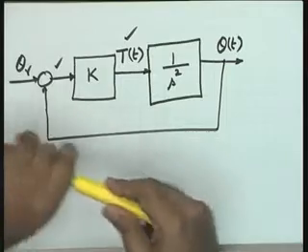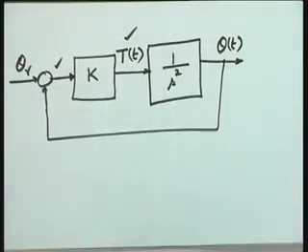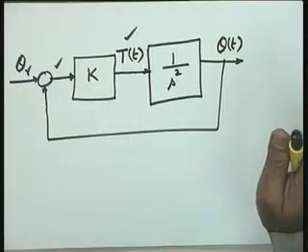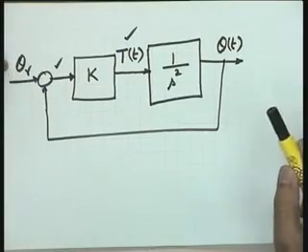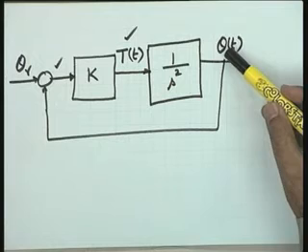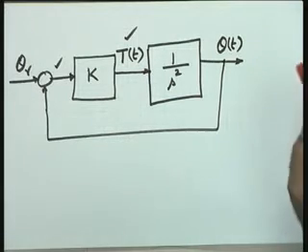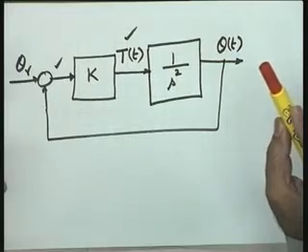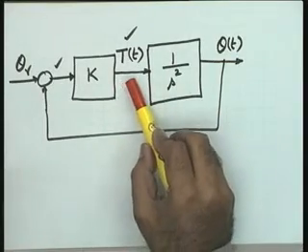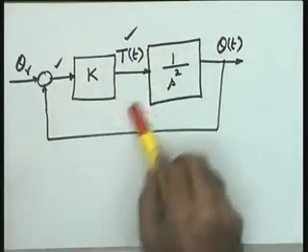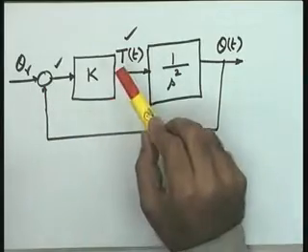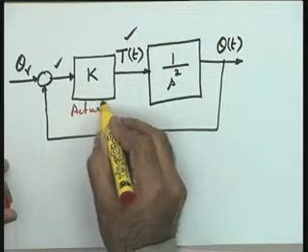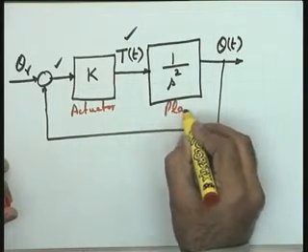So you see that the total hardware need not be given to you again and again. The position should be very clear now that suitable hardware is required over here, so that theta r, the commanded position, is compared with theta, the actual position, and an error in radians will be generated. That error naturally will be converted into an electrical signal. That electrical signal is converted into a torque, and all this is clubbed into a single constant K. Okay, and this is the plant. So let me call this the actuator, and here is the plant.